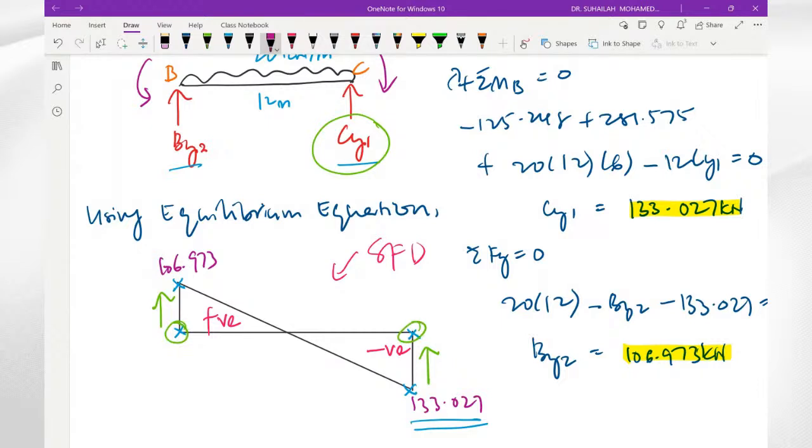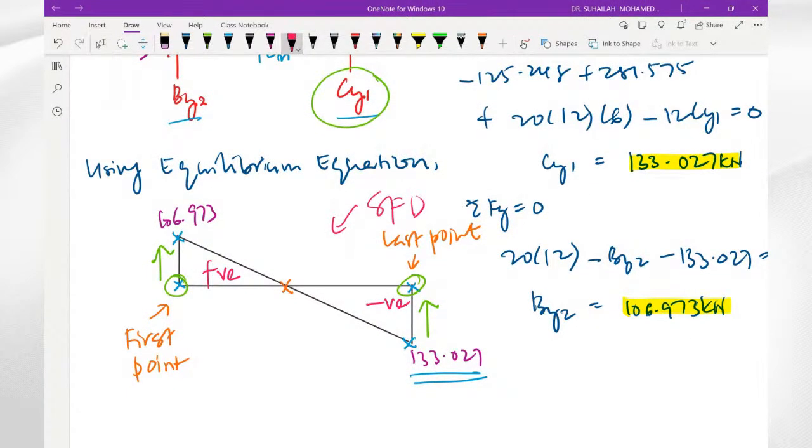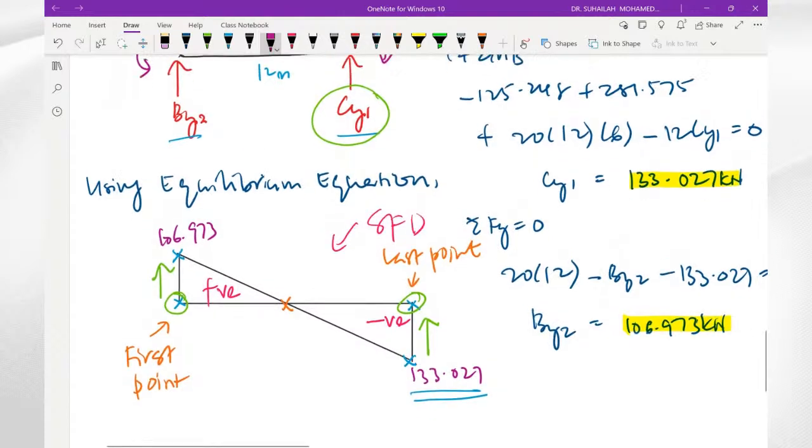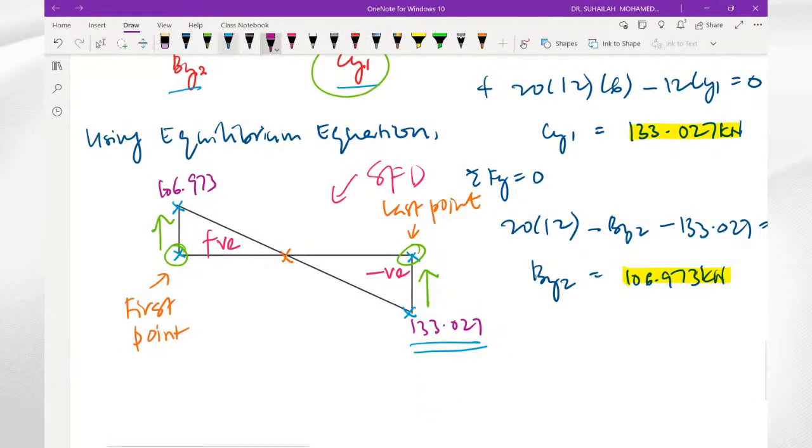So this is the first point, this is the last point, and there is an intersection. How do we determine this length? It is actually very simple. How do we get this length? This length, as well as this length. How are we going to determine this length? This is actually equal to